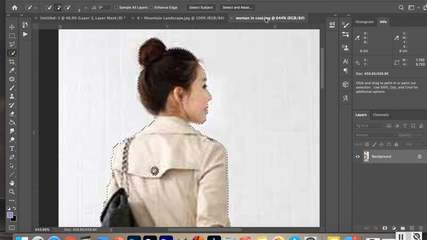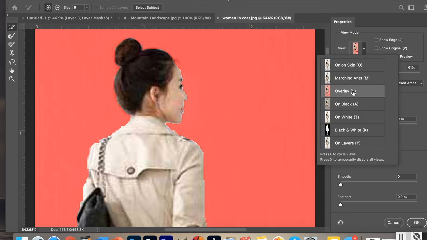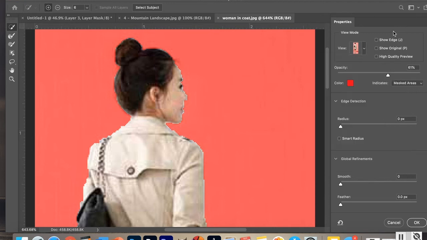All right, select and mask. Okay, so it shows you what you got. And do you see right here where I missed it? All right, I've got to brush over that so I get it. If you don't see the red, if you go to the side where it says view, the red overlay is actually my favorite. Okay. Then we're going to click on Smart Radius,